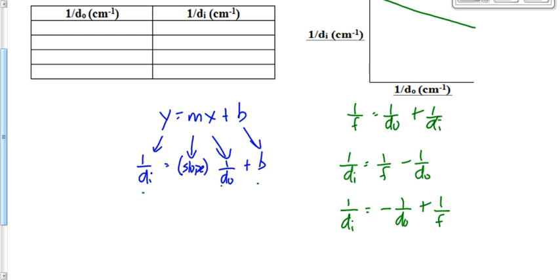All right, cross off things that appear in both. 1 over di appears in both. 1 over do appears in both. What are we left with? Slope is equal to negative 1 times 1 over do. So the slope is equal to